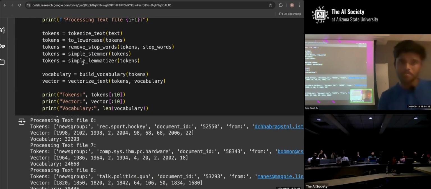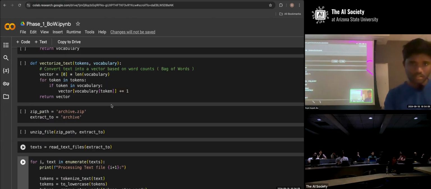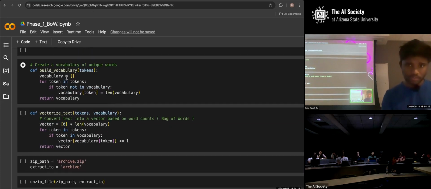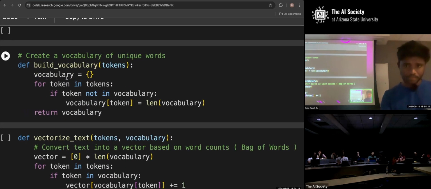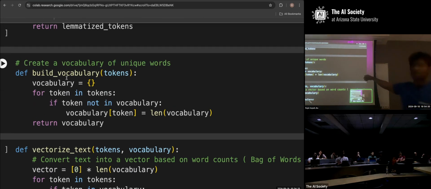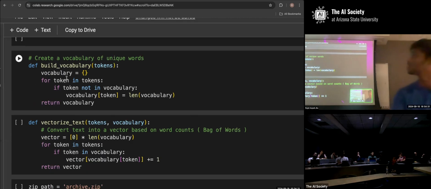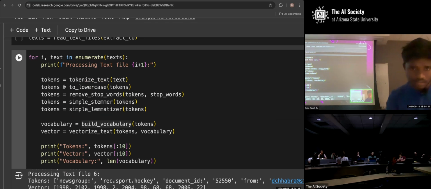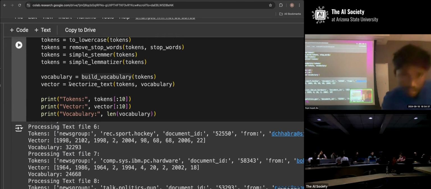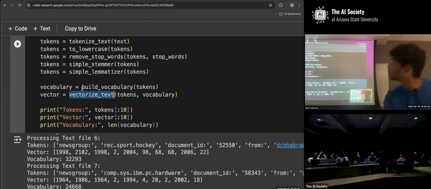Finally, we'll be building the vocabularies according to the bag of words with this function. Here we are just counting the number of occurrences in each array of tokens. We use a for loop to count the tokens, and then we return the result. So now we have the count of each vocabulary. Now, in this vectorized text function,